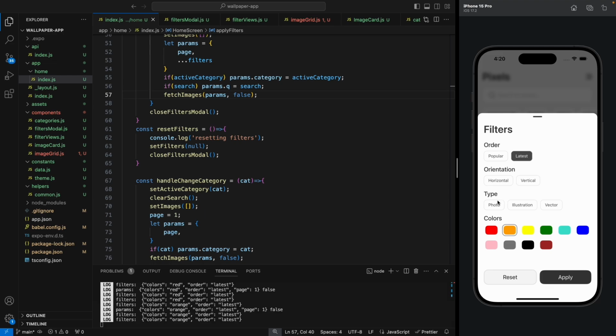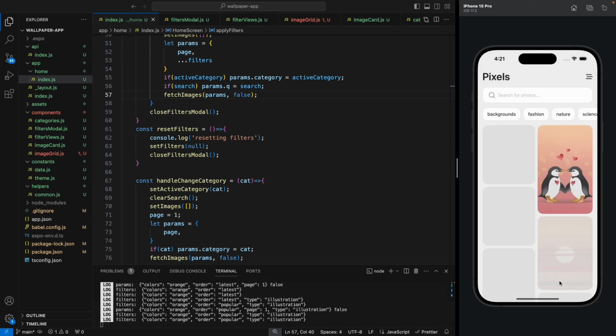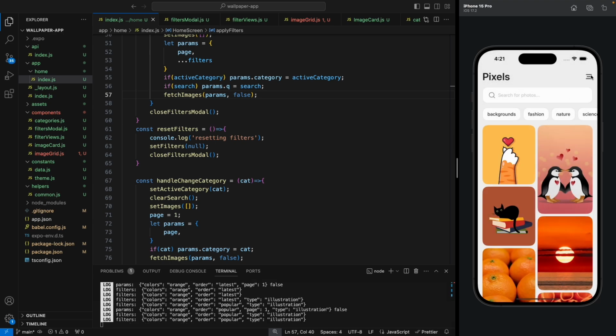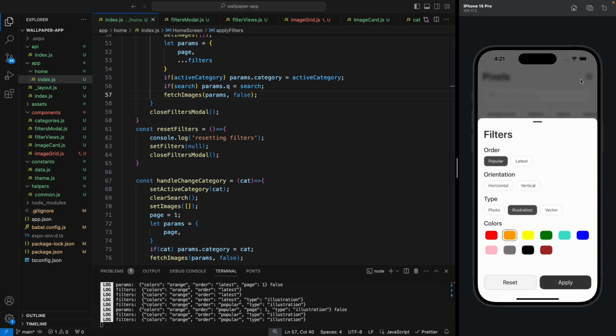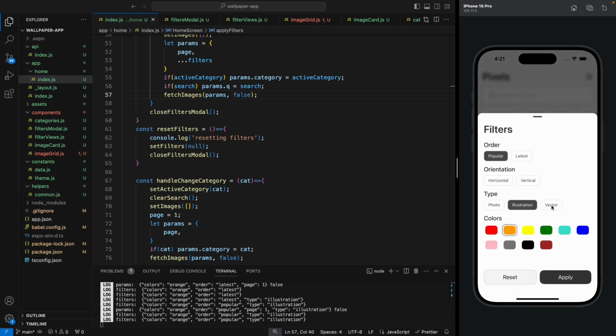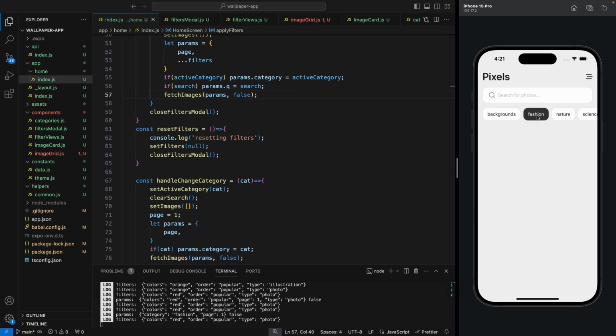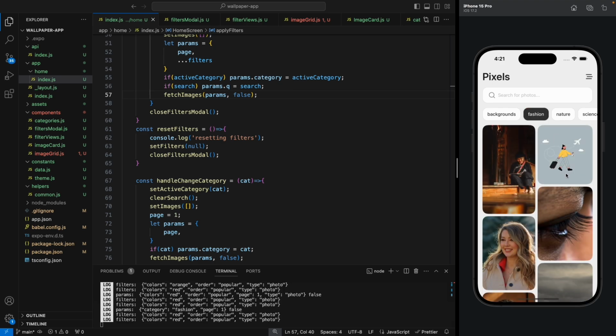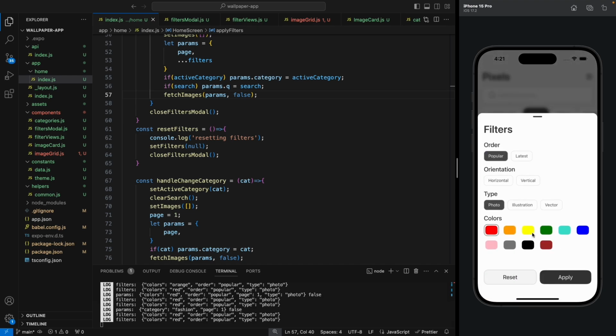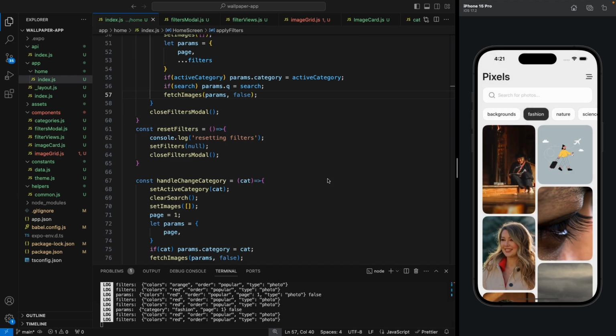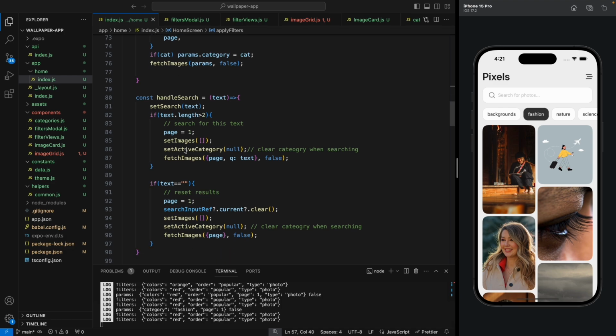Similarly, we can use other filters. So let's say type as illustration, order as popular, and color as orange. And if I hit apply, I will see all the images based on the filters that we have applied. Now let's choose the type as photo and the color as red. And now if I hit apply and change the category, I won't see the filters applied on the category as well, because when choosing the category we are not including these filters. So here you can see the filters are selected, but they are not applied when we are fetching the images